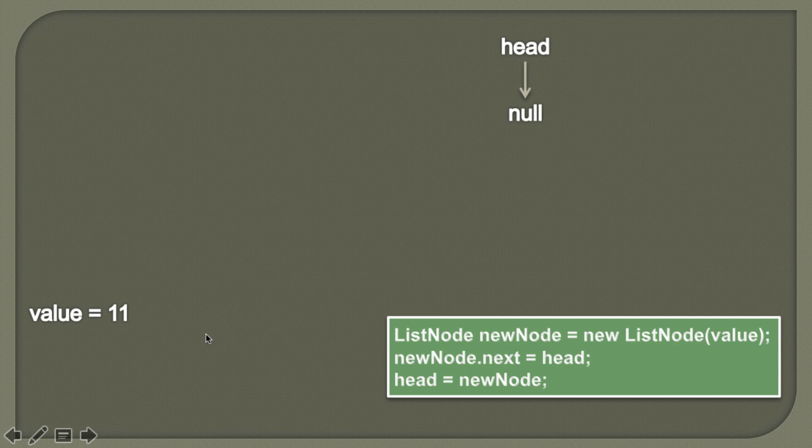So friends, let's suppose we want to insert a node into a singly linked list whose data is 11. So we pass in a value to this method, let's say 11. Now we want to insert this node at the beginning of a singly linked list. So here is the algorithm for it. So let's see the demonstration of this algorithm step by step.